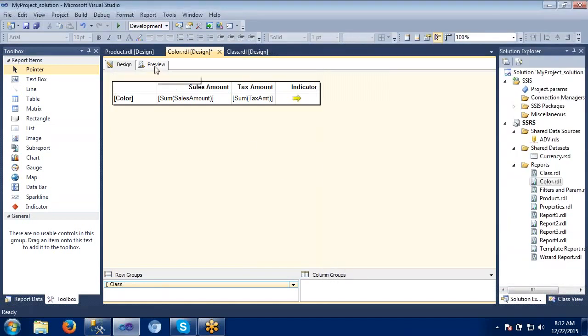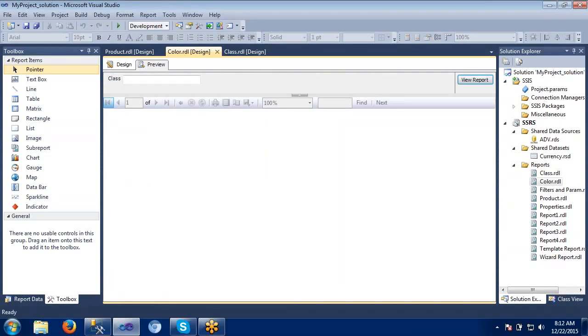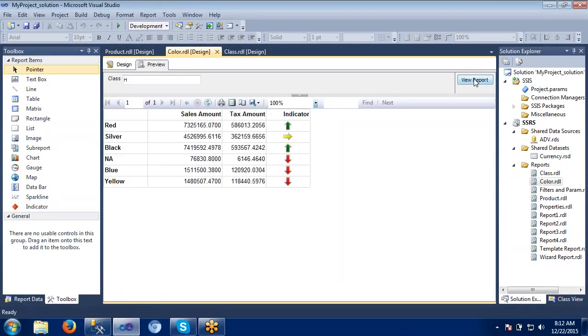Now let's preview it. Some class H I'm giving. See this one, I got different indicators. Why? Because it is in good shape, in a somewhat better, neutral position, and this is also good, but these are all very less. Why? Because we have given some auto value and these are very less when we compare to the other values. These are the indicators where we can make use of this.